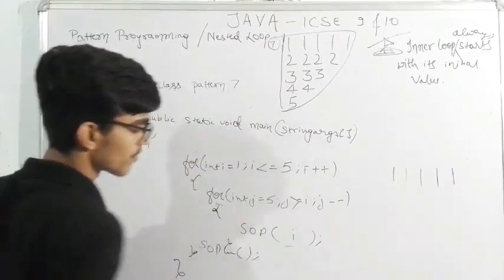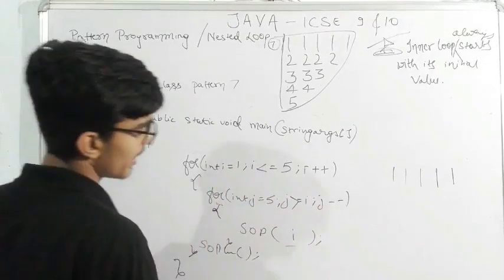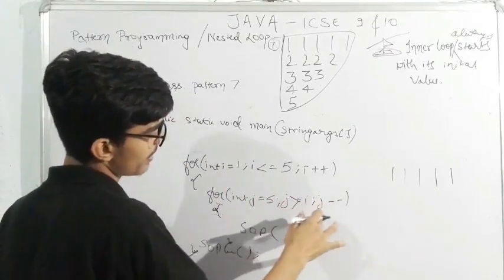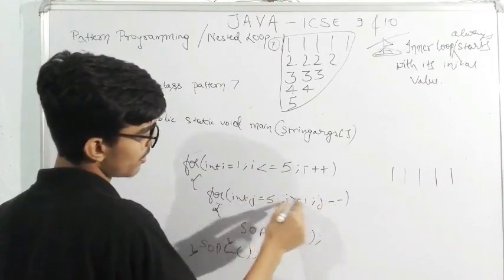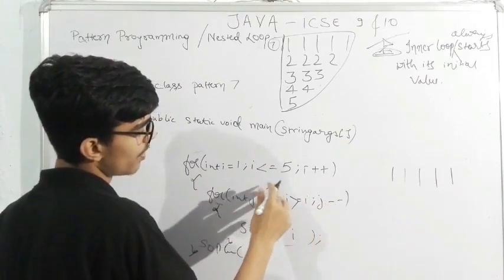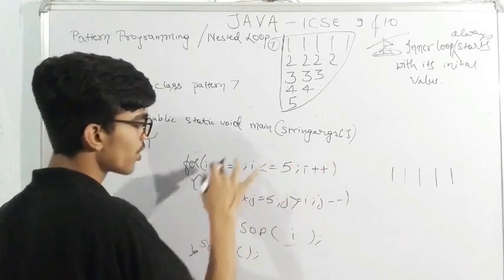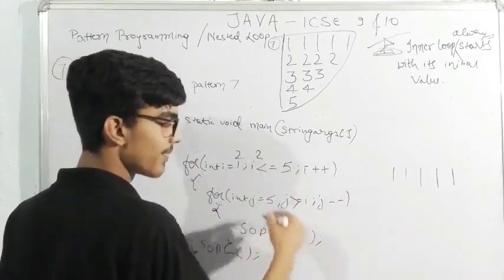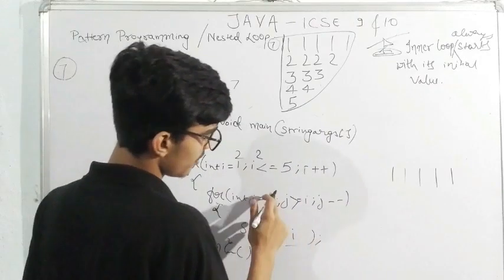Now after this it will go again and it will check. J will become now minus, so it will go to I and I will become plus, so it will become 2. 2 is less than 5? Yes, true. J is 5,